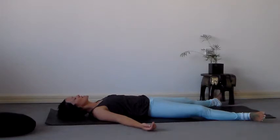Now bring your awareness to the back of your left hand and your left palm, your left thumb, left pointer finger, left middle finger, left ring finger, left pinky finger. Bring your awareness to your left wrist, left elbow, left shoulder,